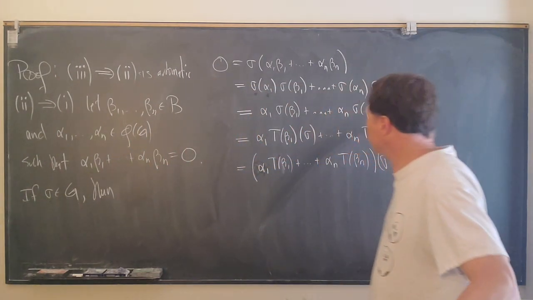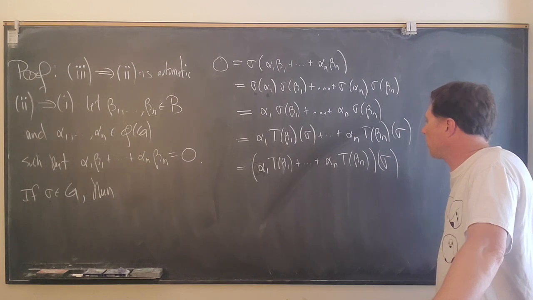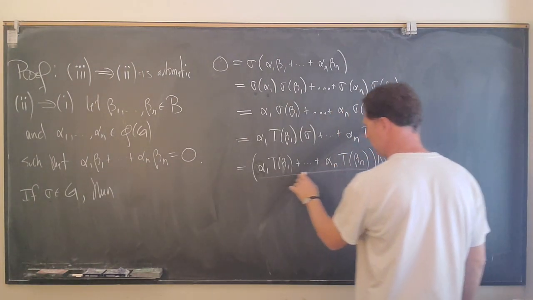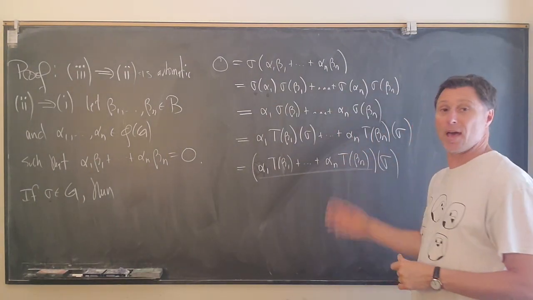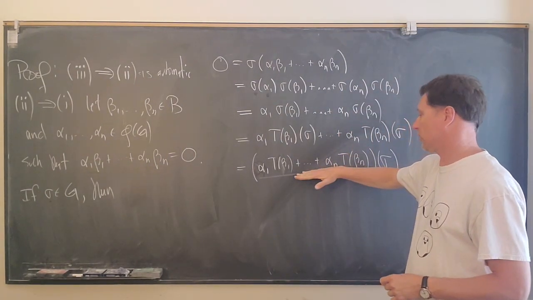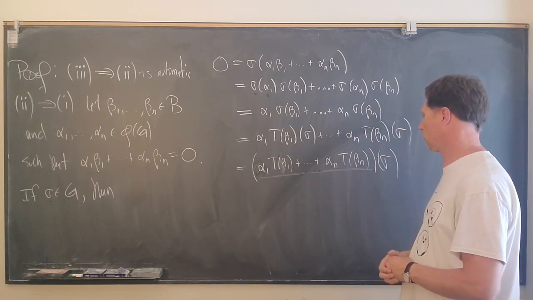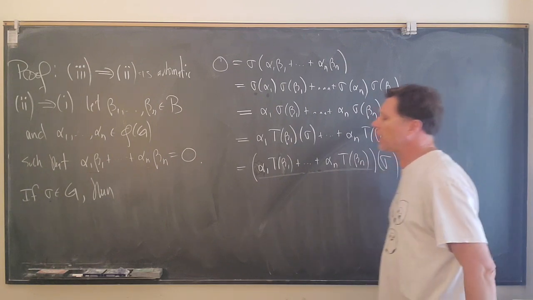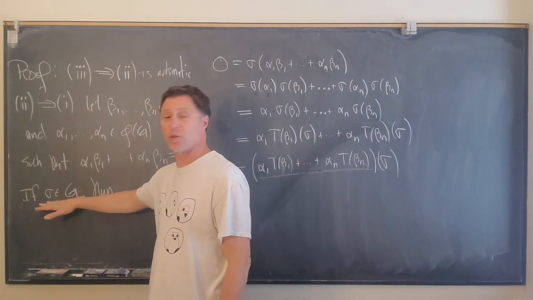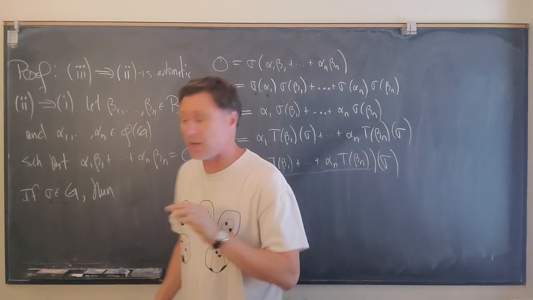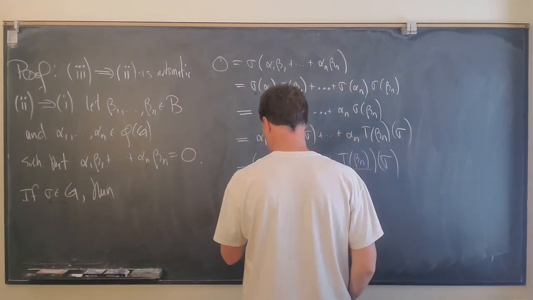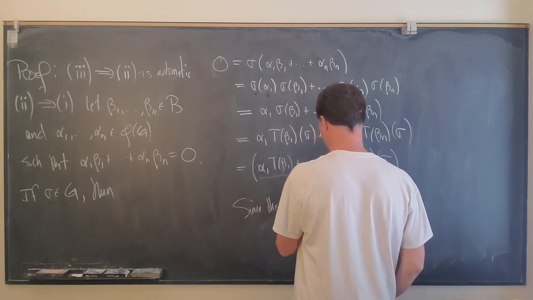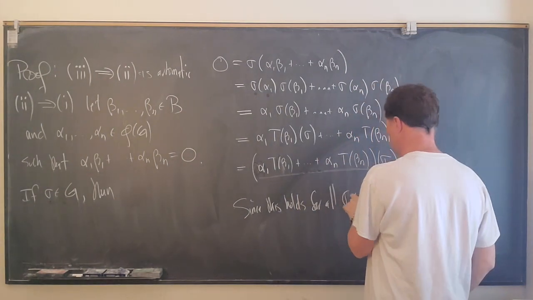Okay, now, so what do we have? We have that this function right here, think of it as living in the vector space L raised to the G. So this function gives an output of 0 when we plug sigma in. And we chose sigma at random. There's nothing special here. So this actually holds for all sigma in G. Right? So since this holds for all sigma in G,